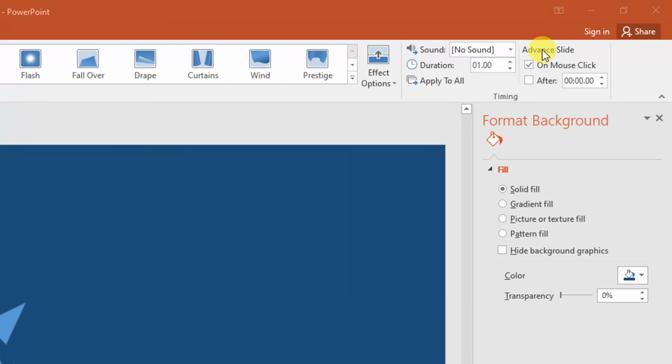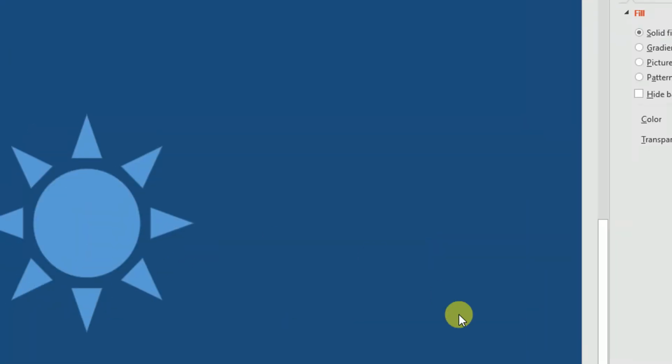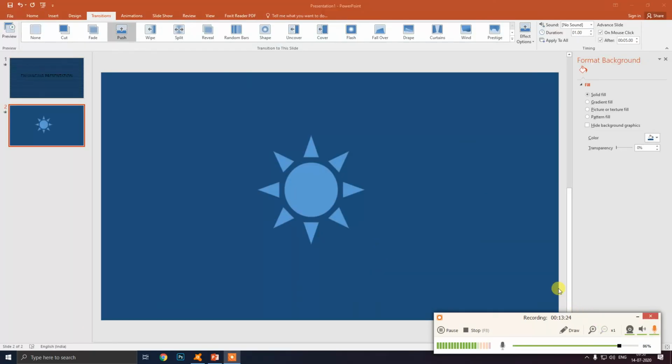Suppose I want my slide to be changed after every 5 seconds, so as you can see I can increase it up to 5 seconds. By default we are changing with the mouse click, but if I set it to 5, then it will change after every 5 seconds. Now we can see it also, I will not click, it will change automatically.